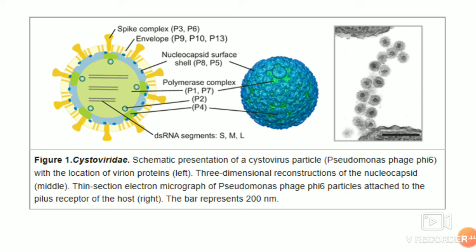Three segments are there. Segment L is 6.4 to 7.1 kilobase pairs, and then segment M is 3.6 to 4.7 kilobase pairs. Segment S is 2.3 to 3.2 kilobase pairs. The complete genome total, if you take it, may range between 12 to 15 kilobase pairs. And the important thing to mention about the genome is the GC content is more than 50%. That is, it may range up to 58% of the genome.